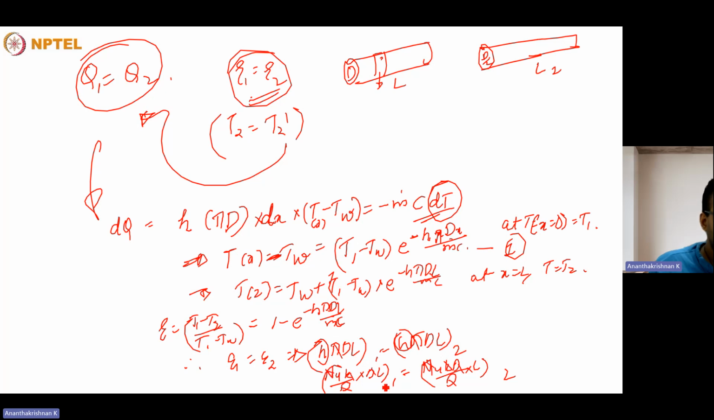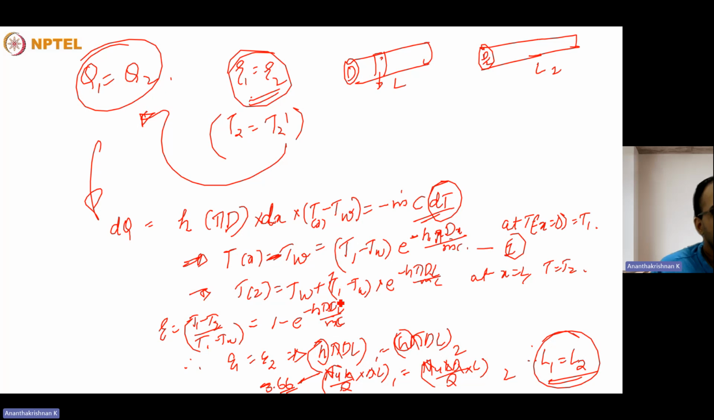The Nusselt number is a constant for a constant wall temperature, equal to 3.66. That remains a constant for both sides, so it gets cancelled. That means that for the same effectiveness, L1 is equal to L2. So it is independent of the length of the tube. So for a constant wall temperature case,